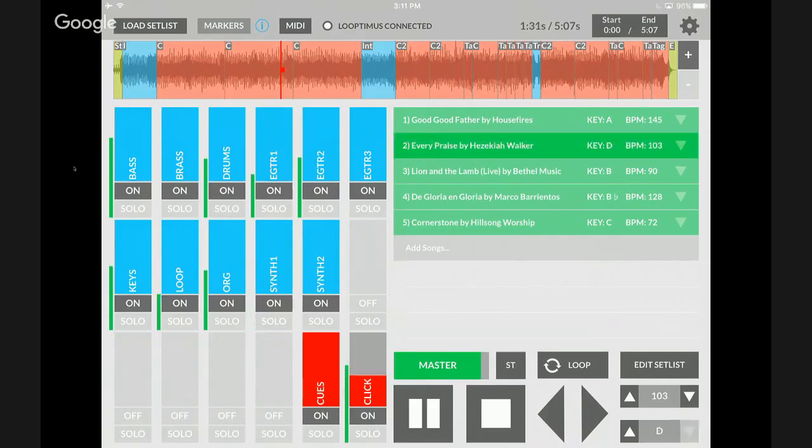So let's go down the original key. It warps everything for you, rather transposes, should I say, everything. Now what's cool about this feature is that if you're transposing something using those buttons in the bottom right hand corner, it's going to transpose any tonal instrument. So here in my instrument tracks over here,